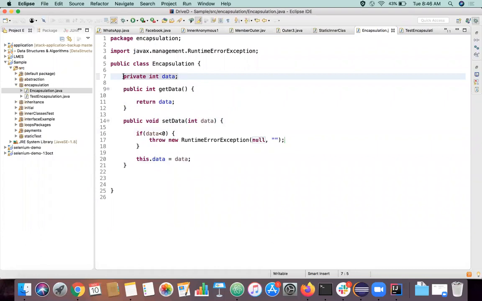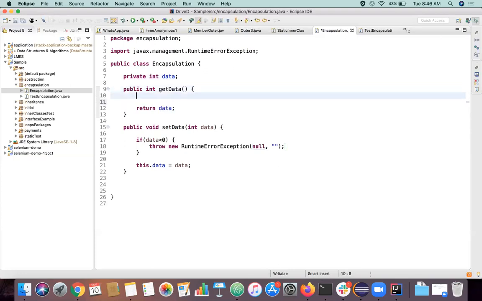So these are the main advantages of getter setters. Even in the get method, I don't have to directly return the data. I can do some logic here, right? For example, which class is trying to access the data, and whether we can give the data or not. Otherwise, I can throw an exception or something like that. And if every check is passed, then I can return the data.